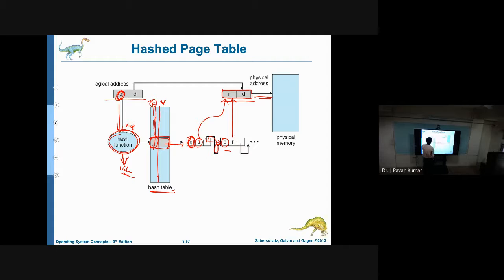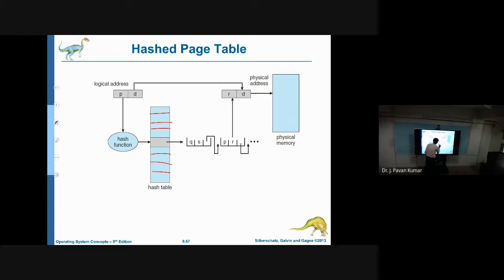For this one we will be using a hash function. Just we will apply the hash function, then we will come to know this is the entry. In this entry we are having a linked list. This is a chain. What this chain will contain is every entry which is hashed to this particular location. See, we are having a hash table with several entries, and these particular entries are getting this particular value.